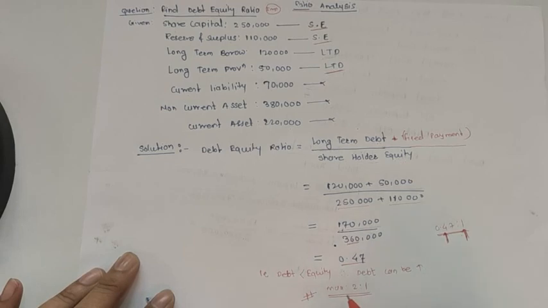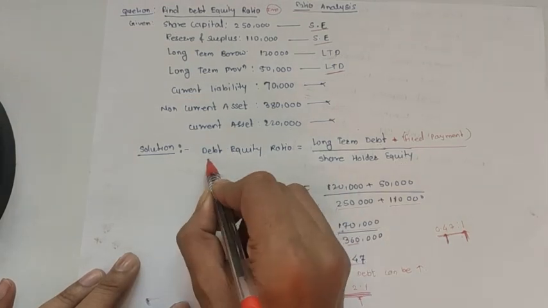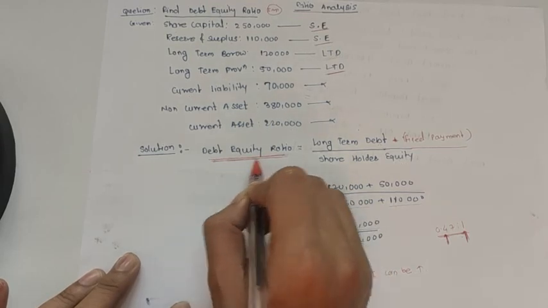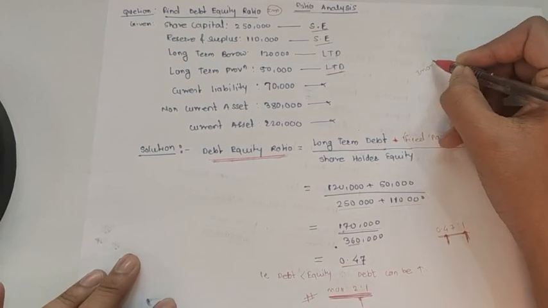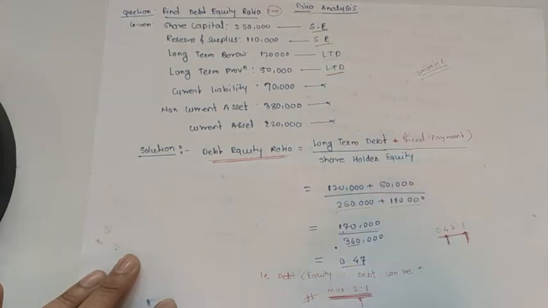In general conditions, the maximum debt equity ratio should be 2:1, right? But in some sectors like mining, it can be beyond 2. That means your long term borrowings can be more than your share capital, right friends? This is very, very important for your examination, friends. Many times IIBF has asked this in JAIIB and CAIIB both. This type of example they ask for 3 marks, because they are very simple. You just have to add 2 values in the numerator and divide by 2 values in the denominator.